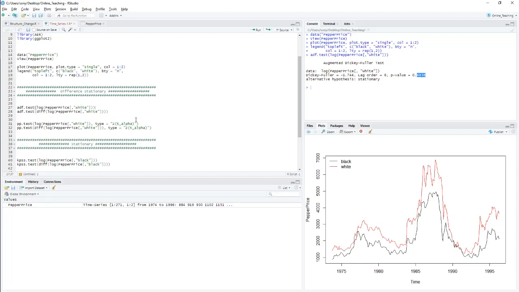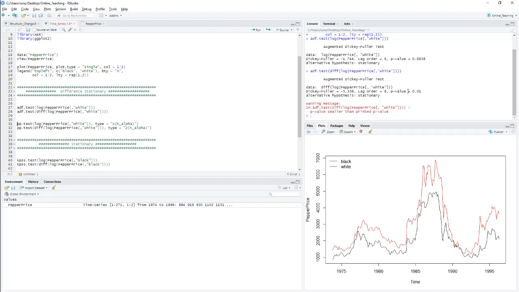So now we'll see whether it is getting stationary after differentiating it. That's why you have to type this command ADF, then difference. This is the function we have to call, diff, then calling the log, converting the data into log, and as usual this thing. So then we will run it. It is saying that the p-value is 0.01. That means we are rejecting the null hypothesis and accepting the alternative hypothesis.